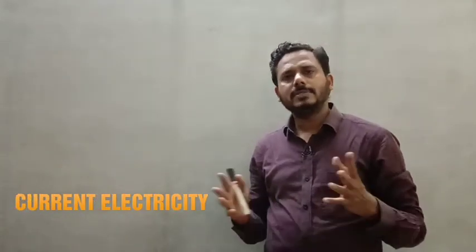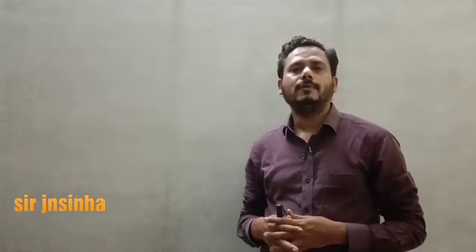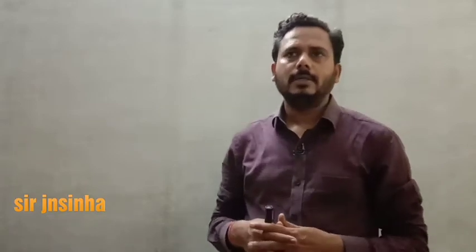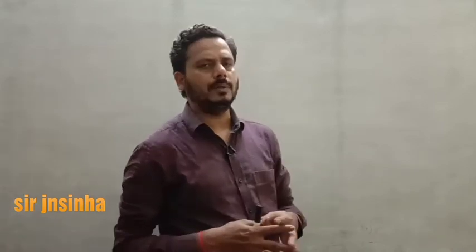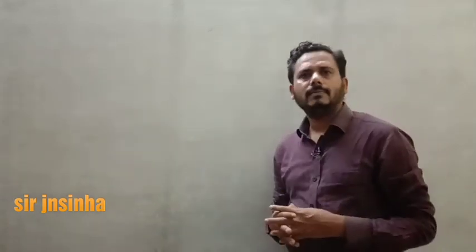Now, in this class, we will study the combination of cells. You know very well the difference between a cell and a battery. Actually, one cell is simply called a cell, but if a number of cells are connected together by any means, that is called a battery. So here we will see the combination of cells. Right now we will combine cells in two simple ways, just in series and parallel.